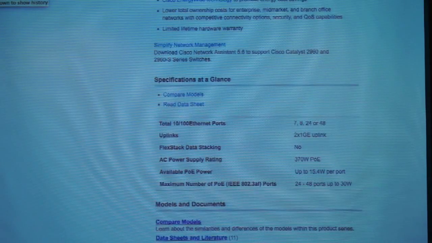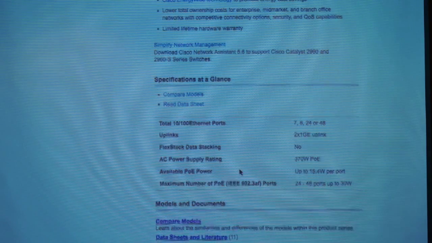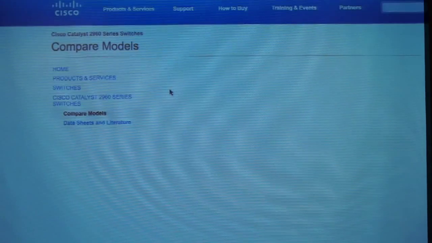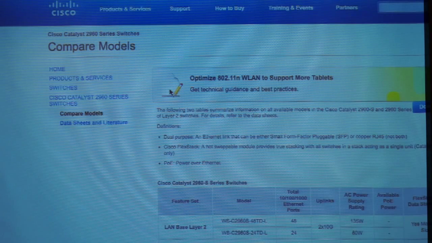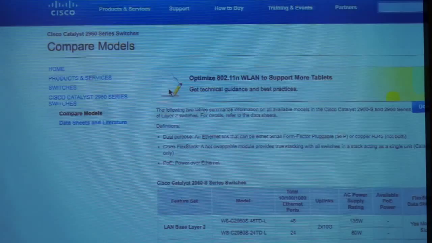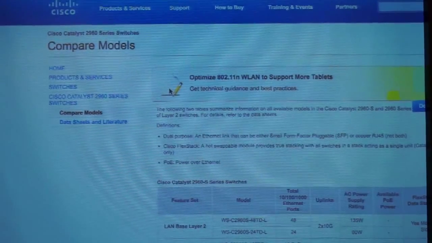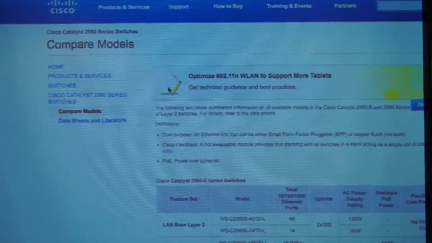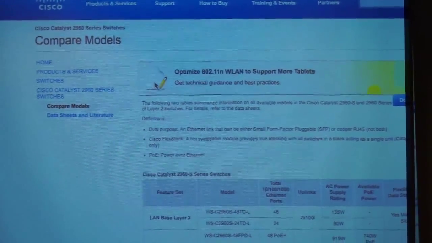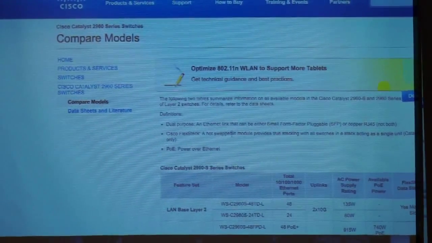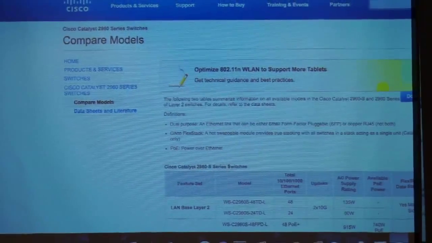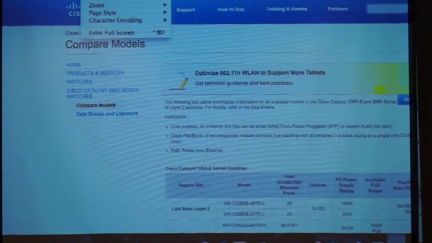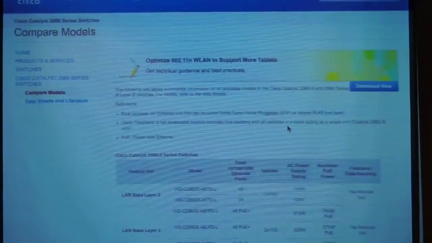Yes, that's the only logic I can figure out on it. The layer 2 switches are 2900s. The layer 3 switches start with the 3000 series. They've subsetted some of those for industrial switches or compact switches. I think I have to do a view. There we go.